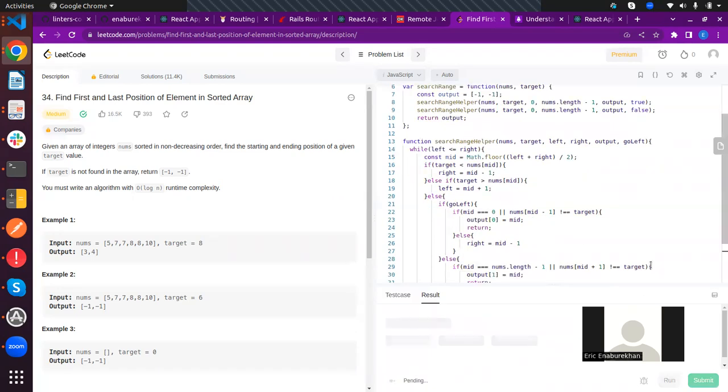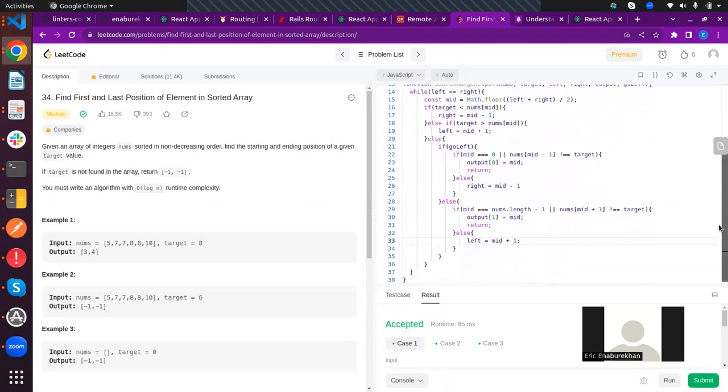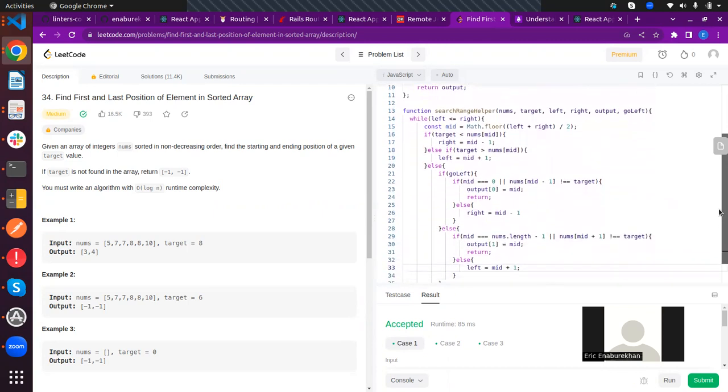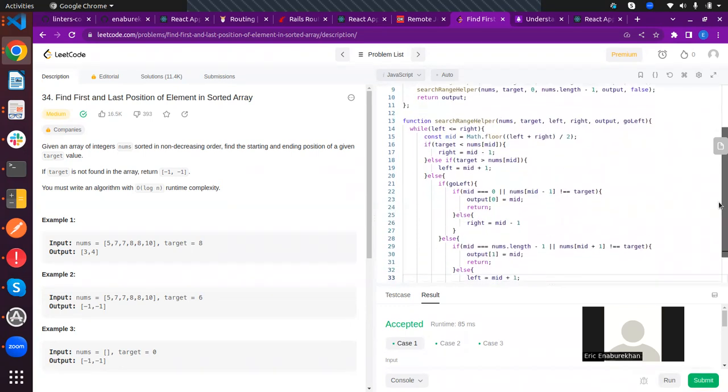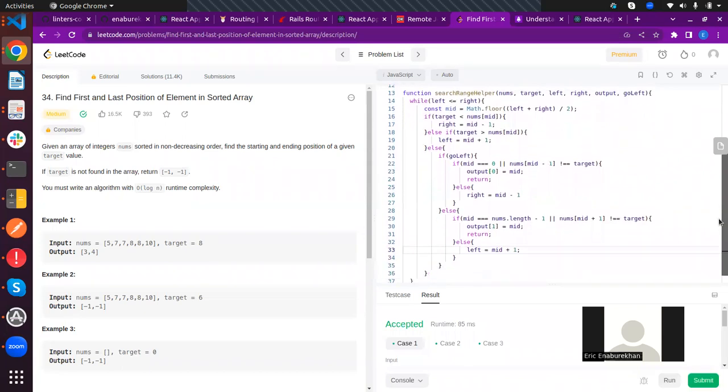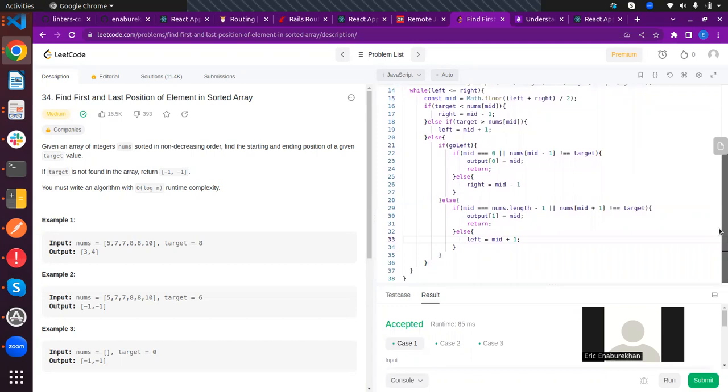So if I run this, okay, as you can see, it passed the test. Basically we are just using the binary search concept here, and once we are able to get our target value, we just check for the range. We check where the left index starts from, and we also check where the right index starts from. So if I could just recap here,